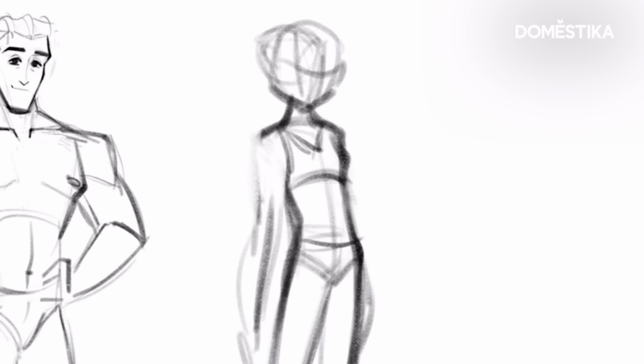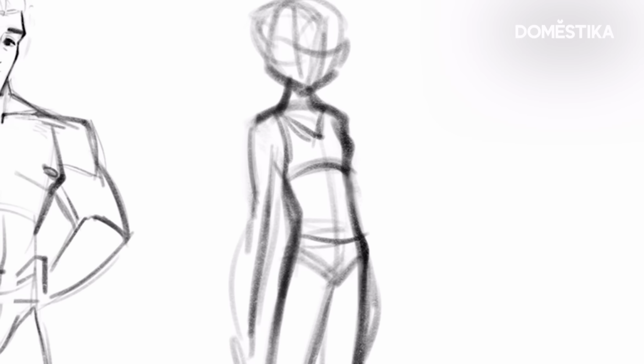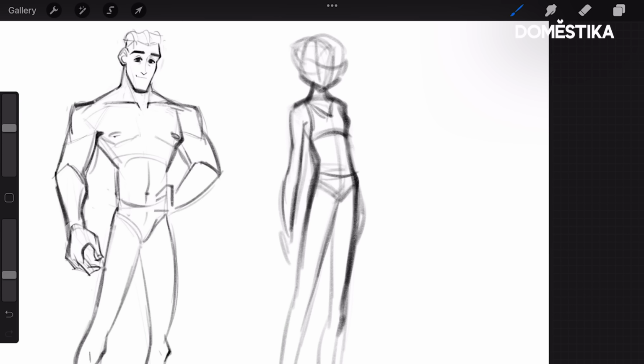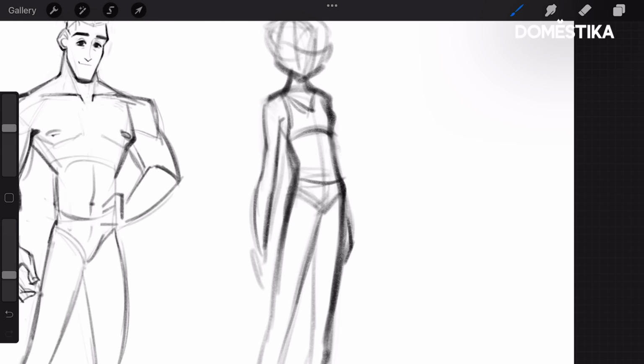Usually when I'm drawing characters, even if they are fully clothed in the final drawing, I like to begin with a sketch where they are only wearing underwear, because this helps me to make sure that the anatomy is correct, and then it's going to look better and more cohesive in the end. And it's also easier when you're adding clothes to a naked figure, because this way you can figure out where to place the clothing folds and how they're going to bend based on the body underneath.